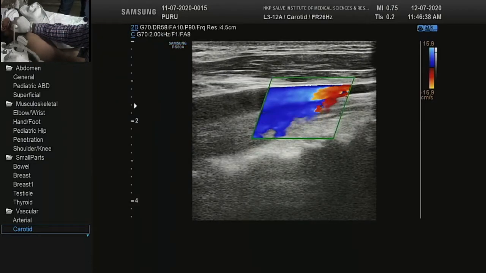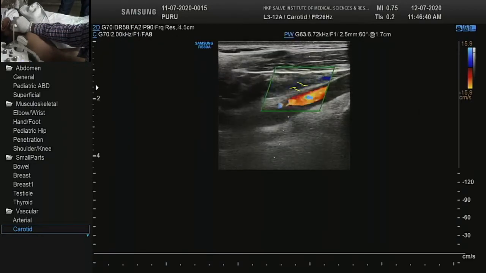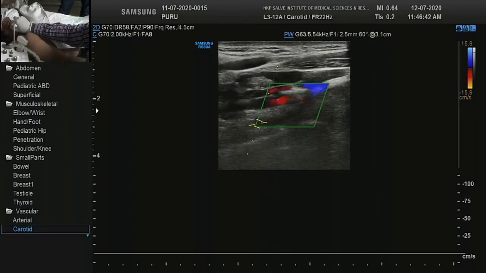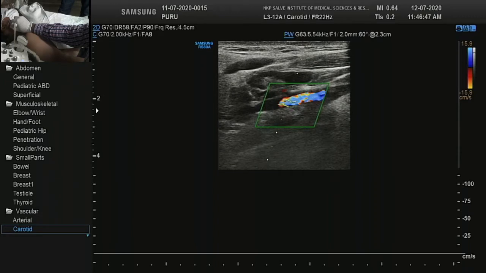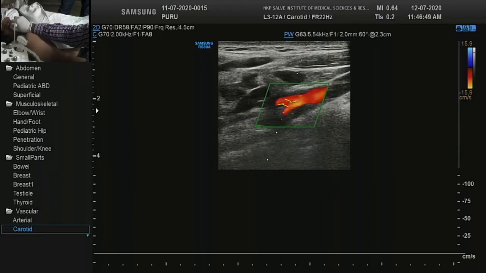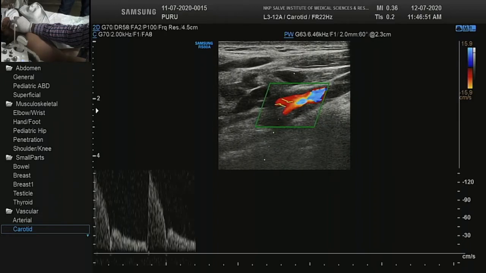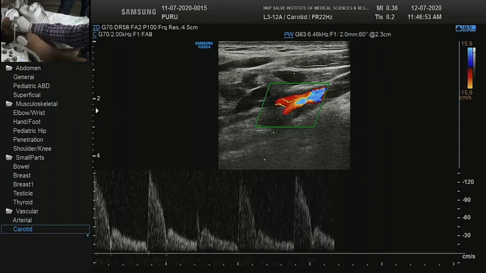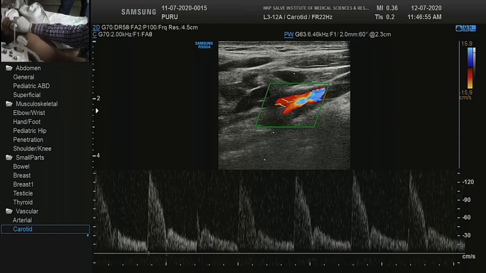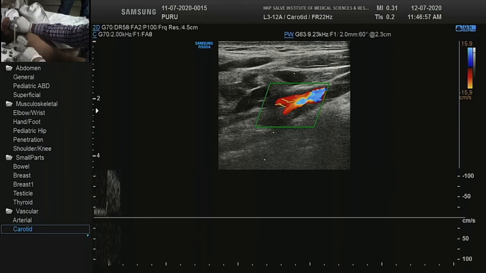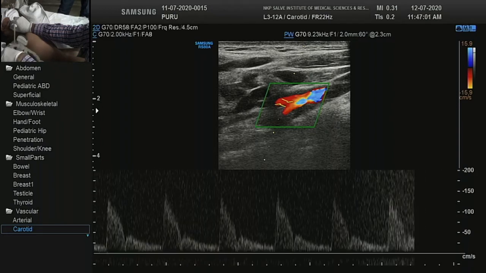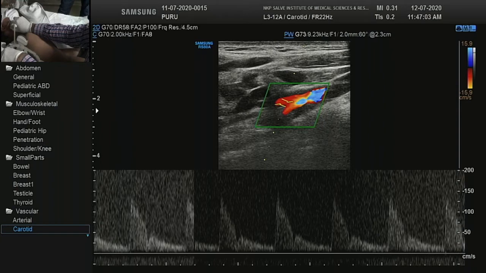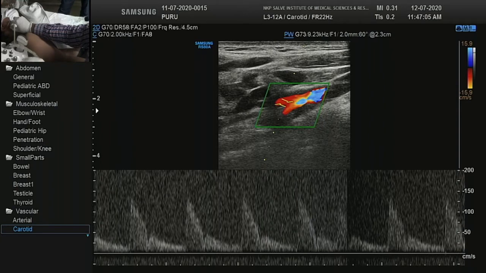The second doubt came when we did the external carotid evaluation, and what did it show? This external carotid artery showed us the flow is increased. It is more than 120 centimeter per second, and you don't expect such type of flow.